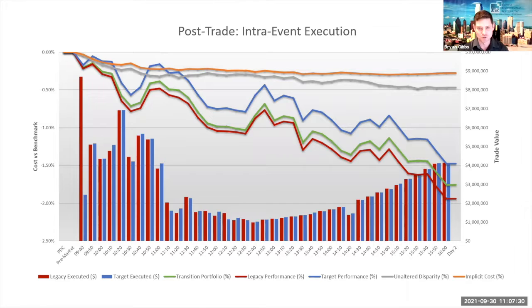This is a post-trade example because it drives three main things. This is an intraday chart that looks at how much we sold and bought every 10 minutes, as well as what the portfolios did and the overall cost. I'm not going to get into the nuts and bolts really of what this chart is, but I think this shows the level of detail that a provider should be giving, so that the post-trade cost result